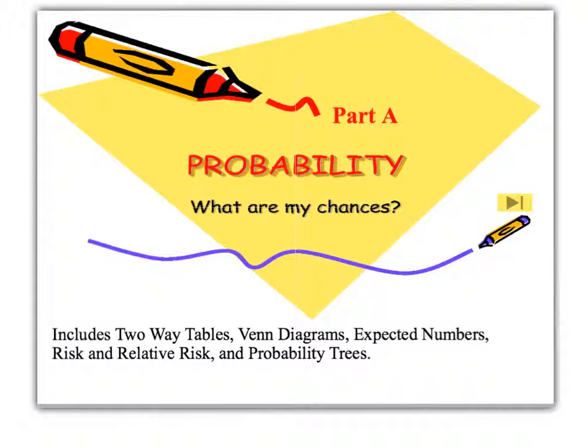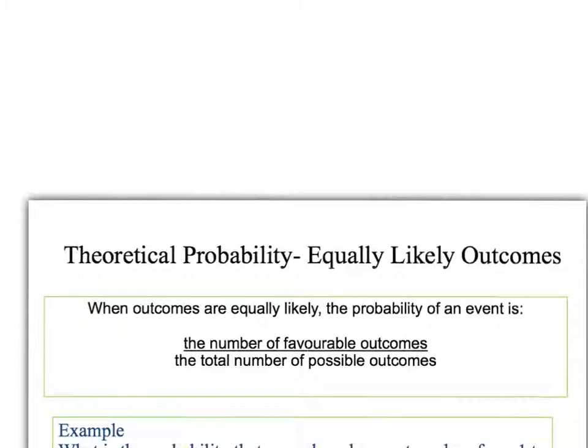Today we're starting on two-way tables, which you've done before. This is related to level 1 probability and the two-way tables that you did there. With theoretical probability in a two-way table, the outcomes are equally likely in this case, and the number of favourable outcomes we can put in a fraction over the total possible outcomes, and this is described as a probability. So for example, let's see,